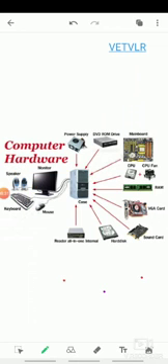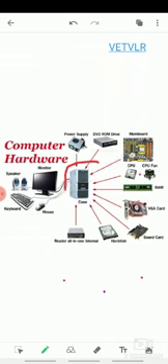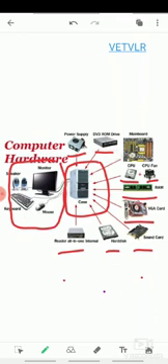You can see clearly here. This is called the CPU. Inside the CPU, these parts are there: power supply, DVD ROM, main board, that means motherboard, CPU, that means processor, CPU fan. Next one is RAM. This is VGA card, sound card, hard disk and reader. These are the basic parts of computer hardware: speaker, keyboard, mouse and monitor.